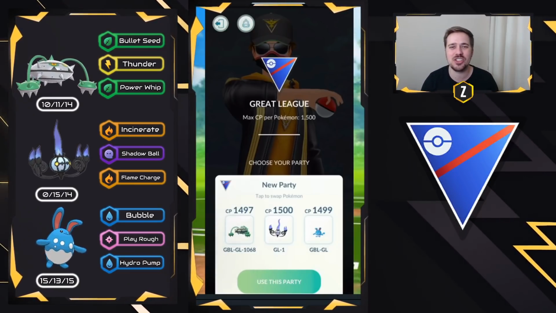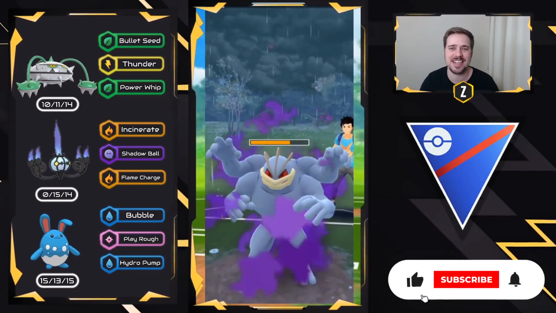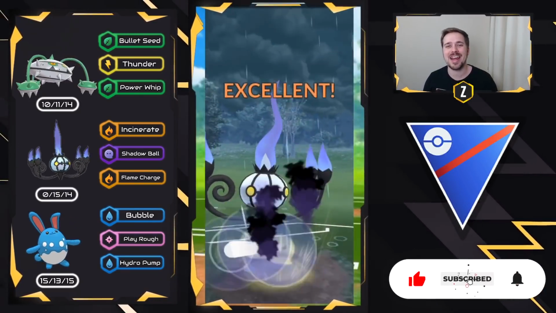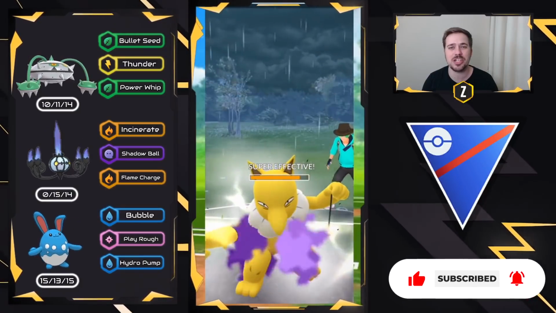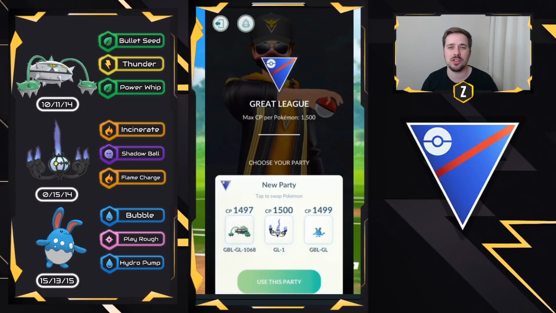Chandelure has access to Incinerate, that amazing fire fast move that absolutely destroys and gains energy very quickly. On top of that, it has access to Energy Ball, Flame Charge, and Shadow Ball. We're running with the Flame Charge and Shadow Ball, and we have Ferrothorn on the lead, which is a really